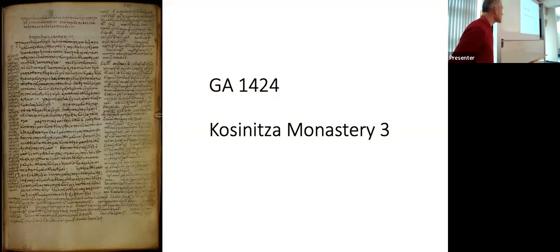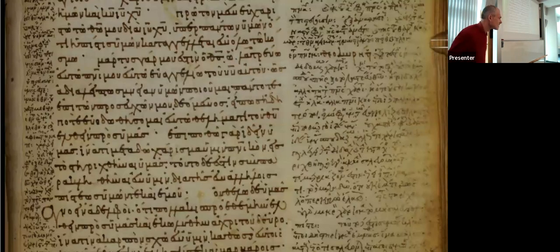This is a manuscript which Panayotis on the first day of our conference showed under its old shelf mark. It was relatively recently repatriated to Greece. The main part of the book, which contains almost the entire New Testament, is a work of the second half of the 9th century. However, the scribe must have intended to add commentary to the biblical text, but very little of that commentary was